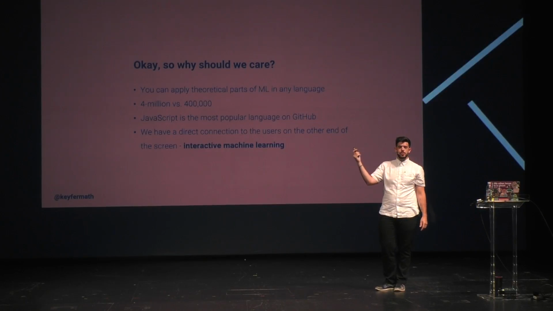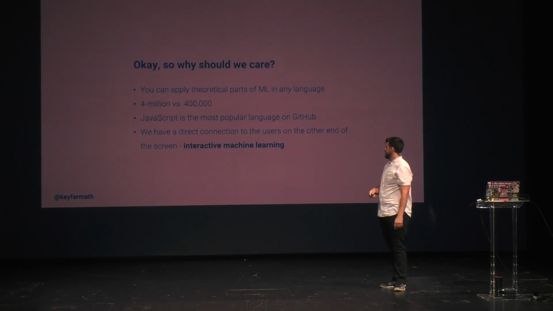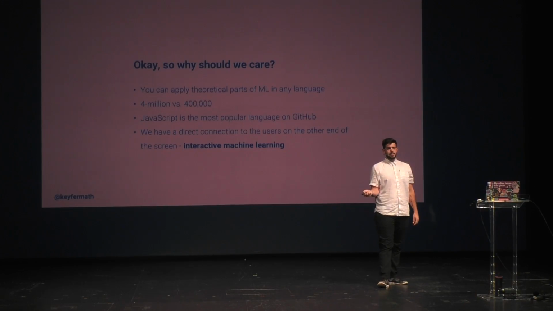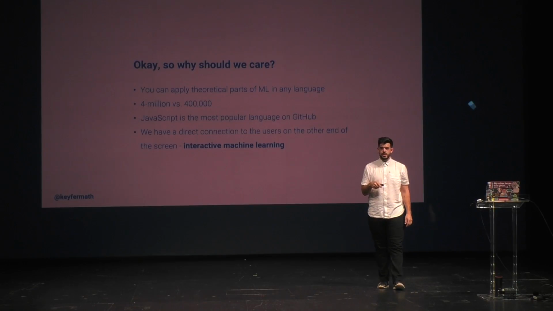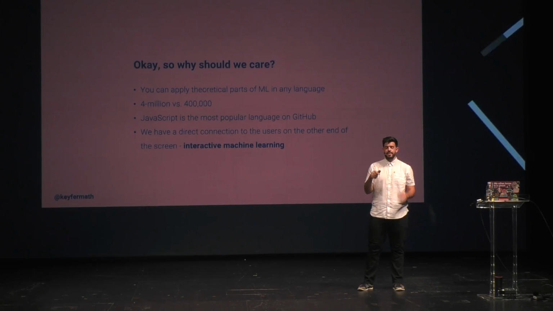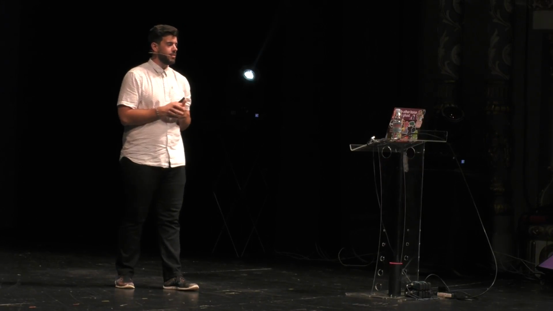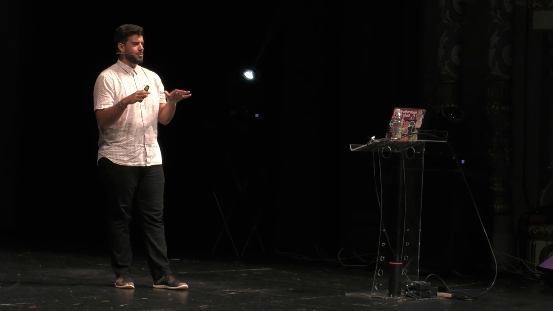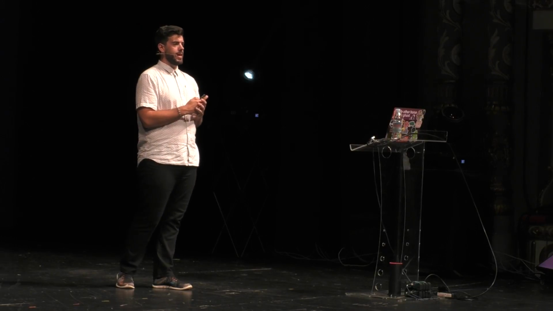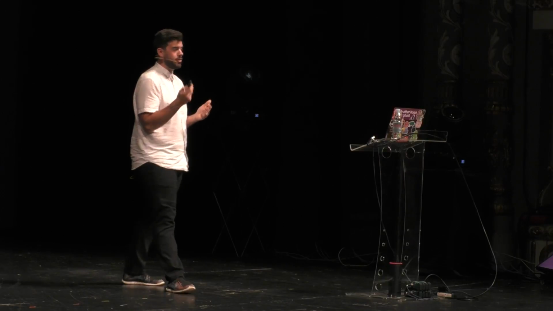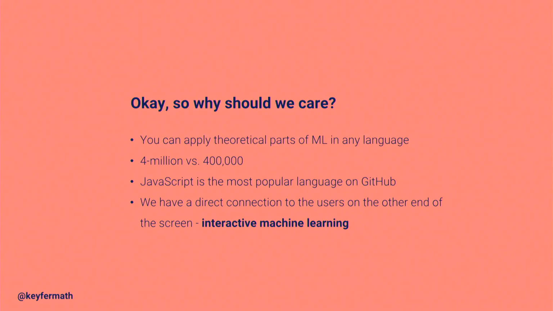is the number of people who added JavaScript to their skills, and 400,000 is the number of people who added Python or machine learning to their skills. JavaScript is also the most popular language on GitHub. So in 2017, JavaScript had the same number of PRs as Java, Python, and Go combined. If you just let that sink in for a while, that's a really crazy metric in that there's a lot more of us writing a lot more code, which is incredible, which is another reason that we can do amazing